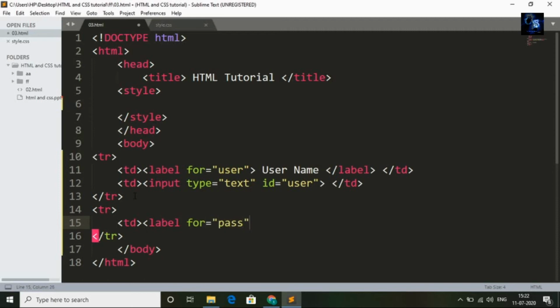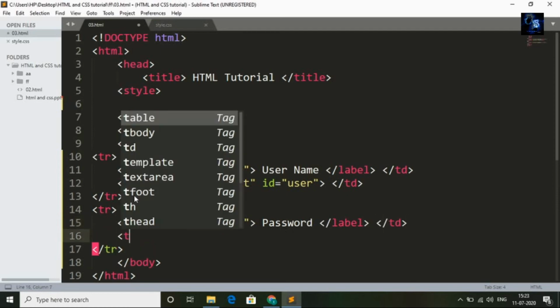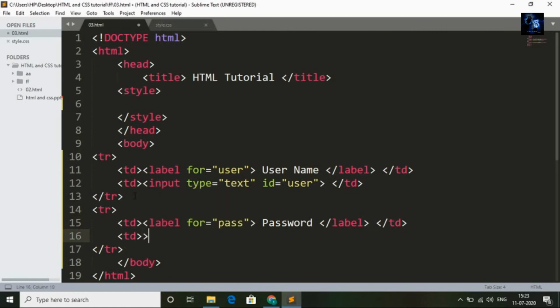For password I am typing password, closing tag and closing tag for td, and td, input, type, I want password, and id equal to, I will also create an id because I want to apply CSS.